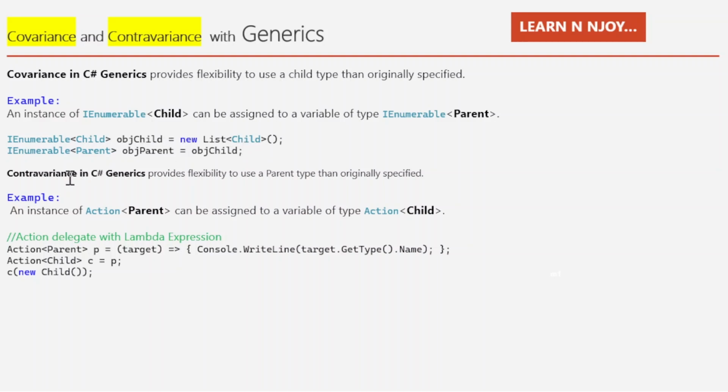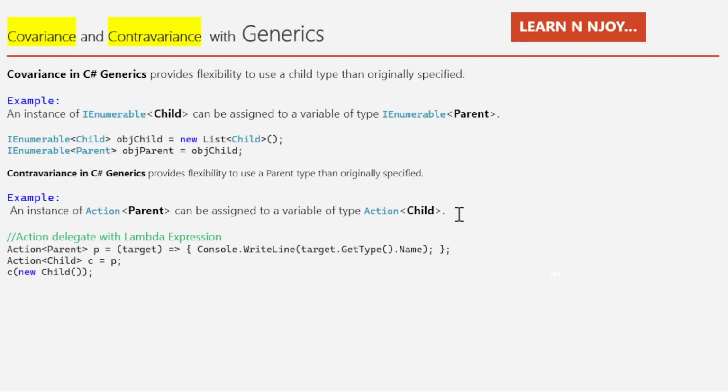Now contravariance. Contravariance in C# generics provides flexibility to use a parent type rather than the one originally specified. In covariance, we use a child type. Here we are using a parent type than originally specified. And if you see the examples, an instance of the Action<Parent> can be assigned to a variable of the